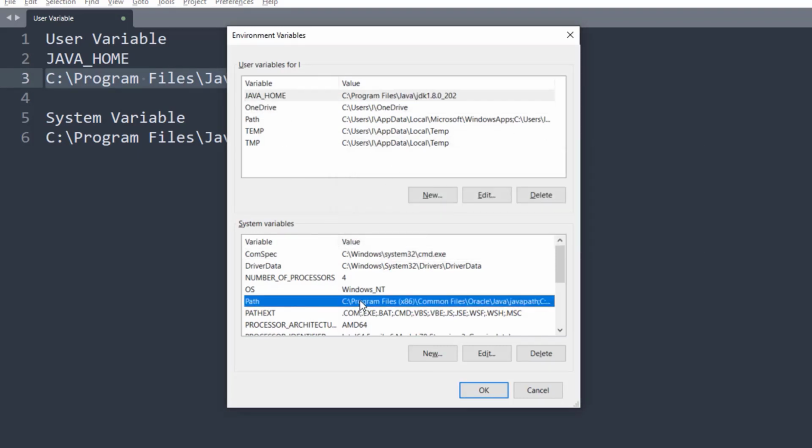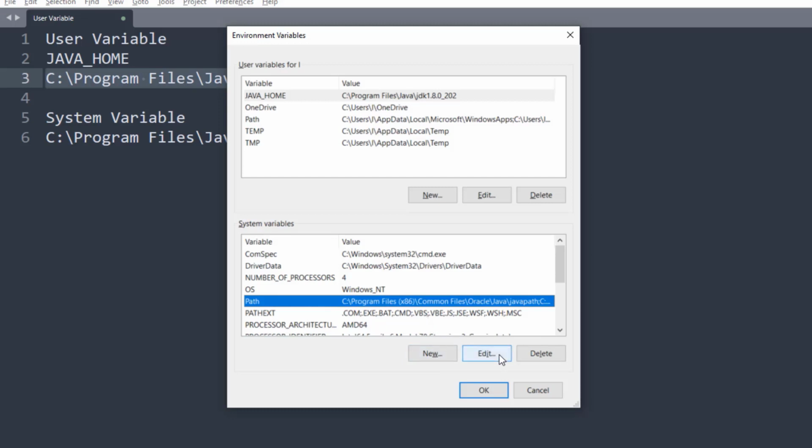Now second is the Path variable. Now again, this is a very important section, guys. Do not delete, do not create, you just need to add it, because the moment you do that, it is going to crash your system once you restart. Again, if you create a new Path variable, it might override some previous values, which might create issues.